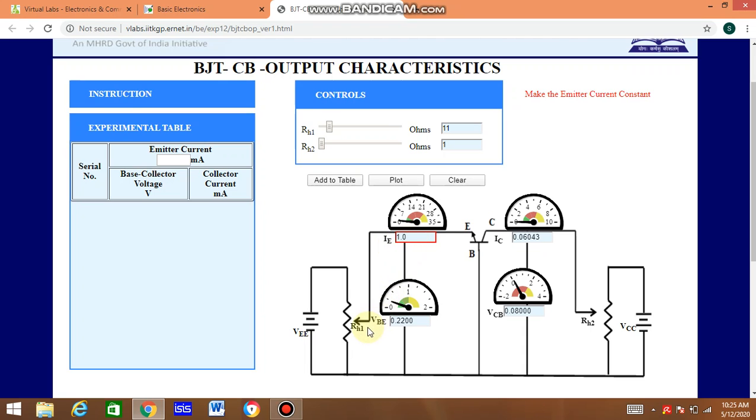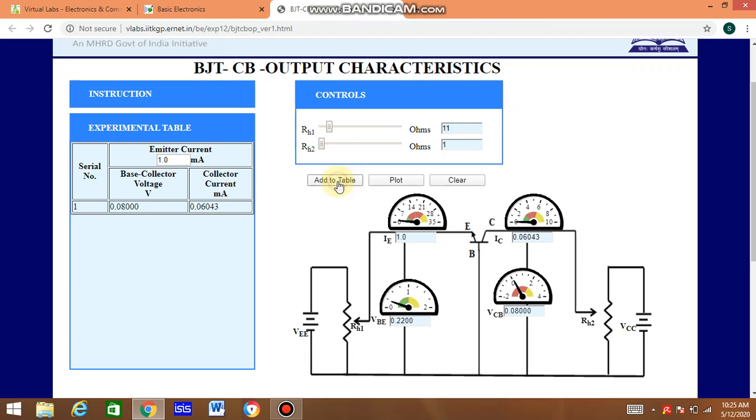We will not touch RH1; it will be kept constant throughout this experiment. Now we will vary the values of RH2 so that we get different values of VCB and corresponding different values of IC. Right now VCB is 0.08 and the corresponding value of IC is 0.06.